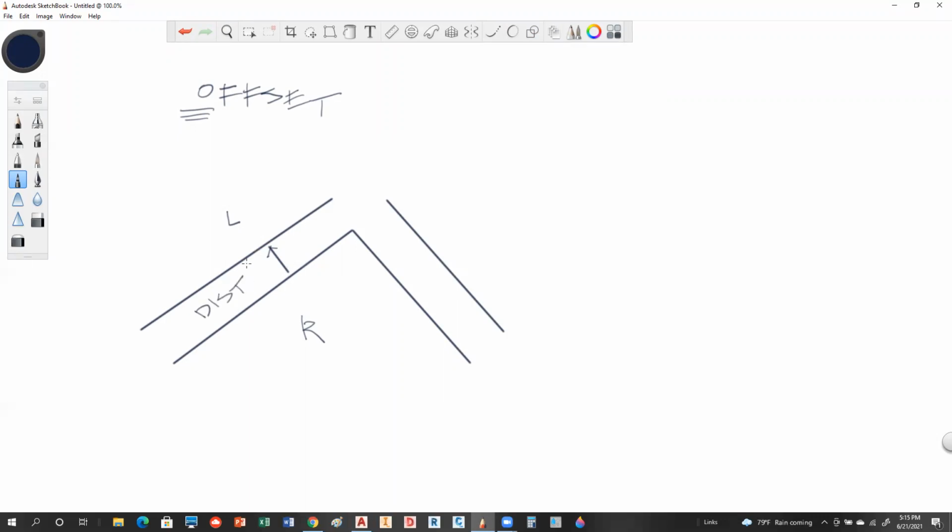Now each object will offset a little bit differently. So lines have a perpendicular offset. That means this is coming out 90 degrees. That distance, if you're measuring, let's say this is 5 units, would be 5 units measured perpendicular, because that could make a difference if you're measuring it that way. So it's always perpendicular. If you have an arc or a circle,